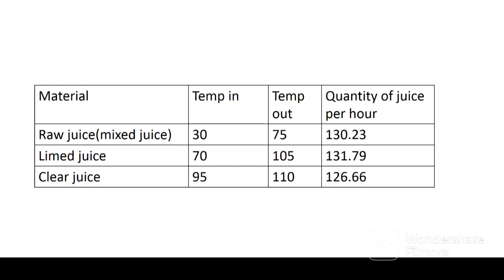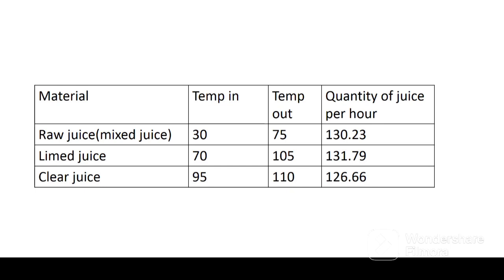This juice comes from the milling section and its initial temperature is 30 degrees Celsius. The temperature of this mixed juice has to be raised from 30 to 75 degrees Celsius before it enters the liming tank. The second one is lime juice. This juice comes from the liming tank and its temperature is 70. This temperature of 70 has to be raised to 105 degrees